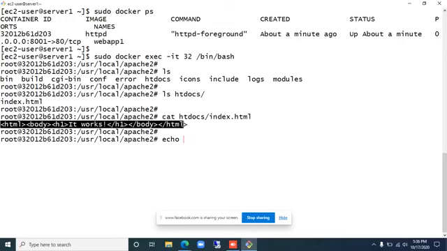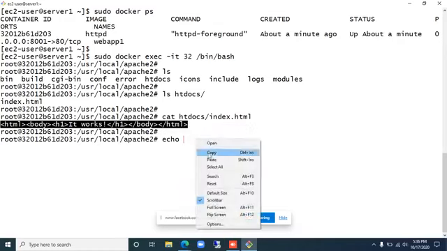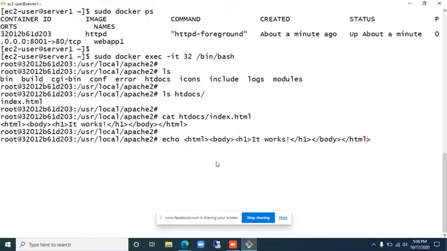So I'm just going to change the index.html content to ECAS Cloud.